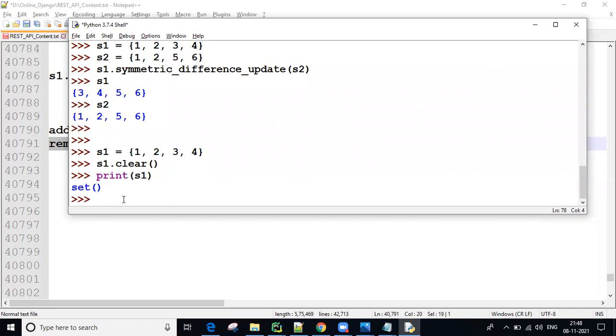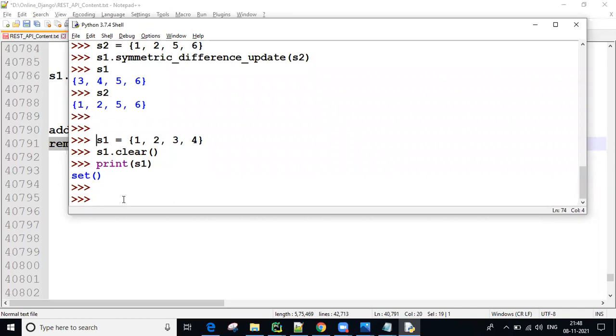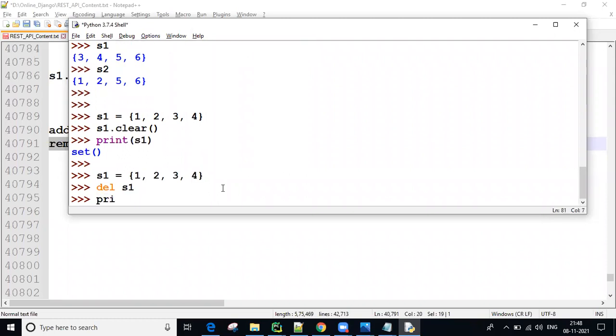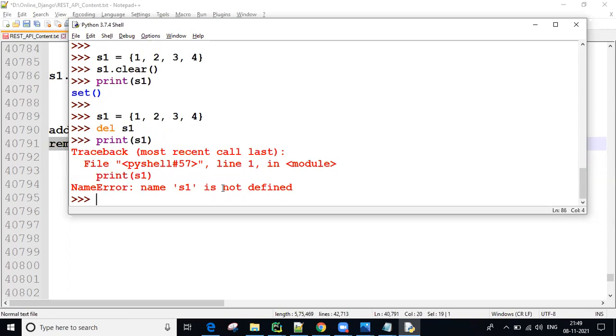Next, suppose del is there. Del command, so del space s1. What happens here? The entire object will be removed. Entire s1 will be removed. That we know. If we take the print of s1, s1 is not there.